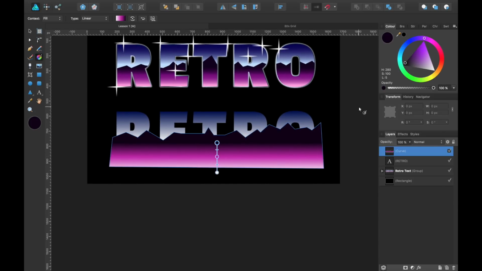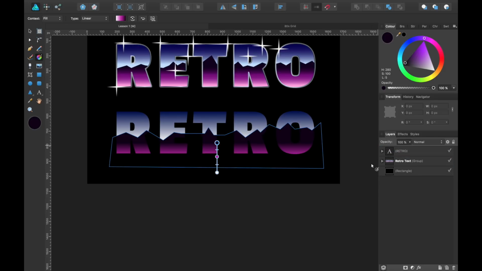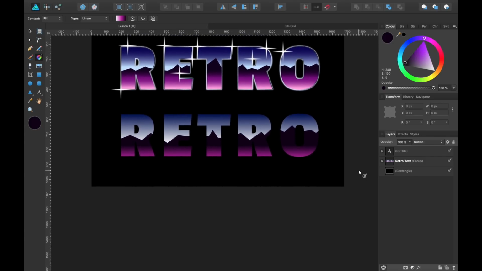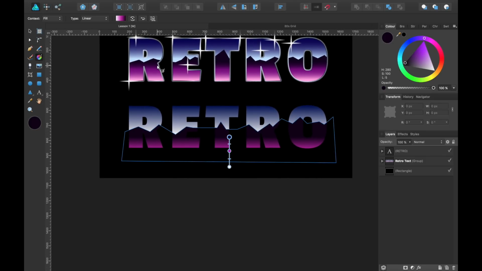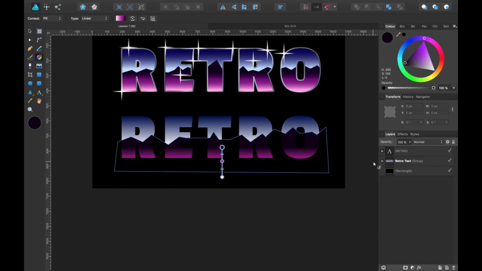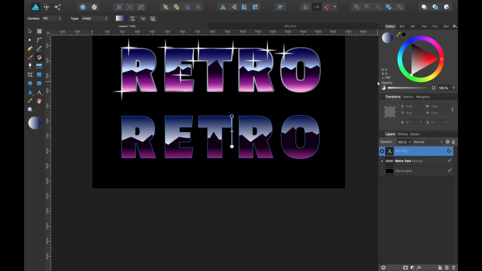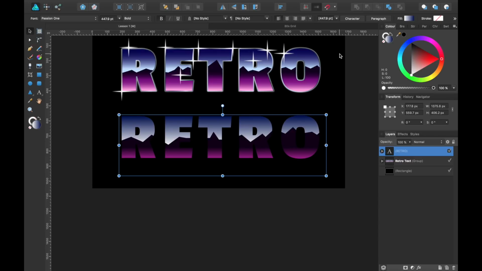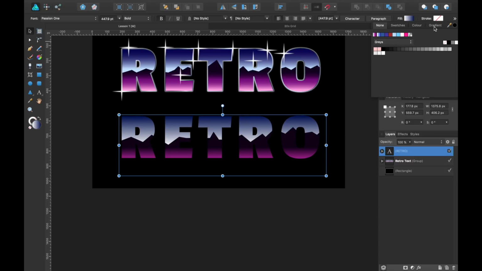So now we want to drag this shape we've just created inside the text. So we're going to nest it inside there. So we'll go over here to the layers and click and drag it slightly right, and there we go, it's inside now. Okay, that's in there. Now we want to create a stroke that goes around the text. So we're going to click on our text here and we are going to click on our arrow tool.